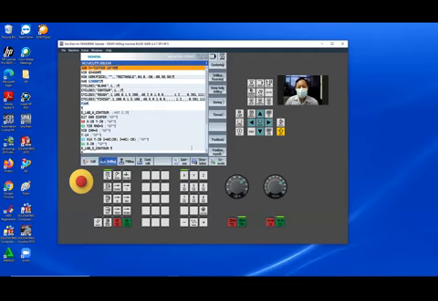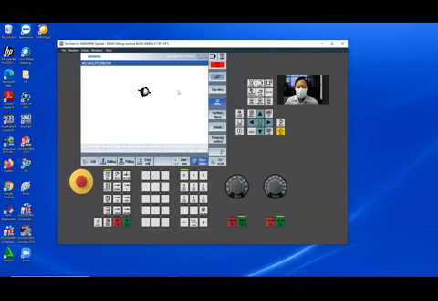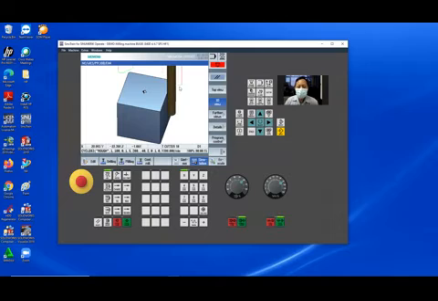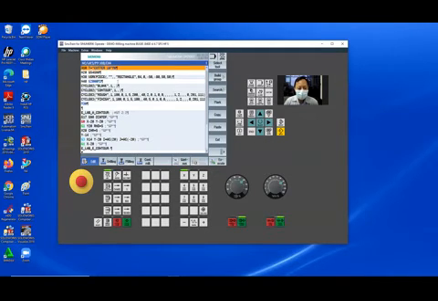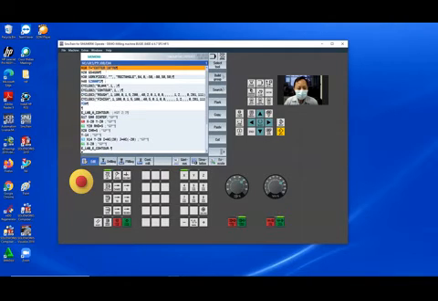Now I want to change to another style of programming. The simulation is still the same as before, but I want to reduce the number of lines.